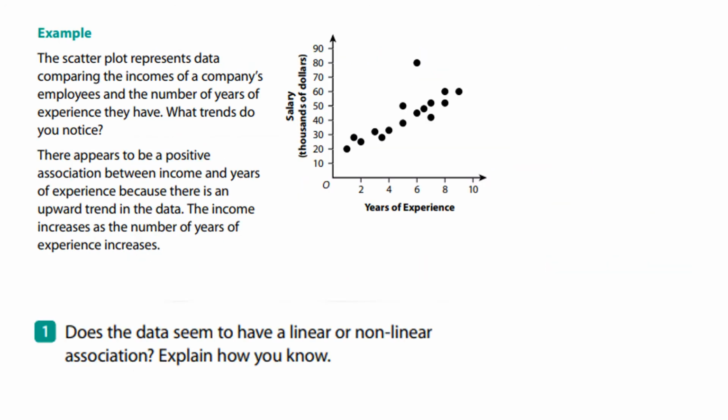Moving on to the workbook page. We have the example problem, which it says the scatter plot represents data comparing the incomes of a company's employees and the number of years of experience they have. What trends do you notice? So number 1, does the data seem to have a linear or non-linear association? So linear means that we can draw a line through the middle of the points, and we can. So this would be linear